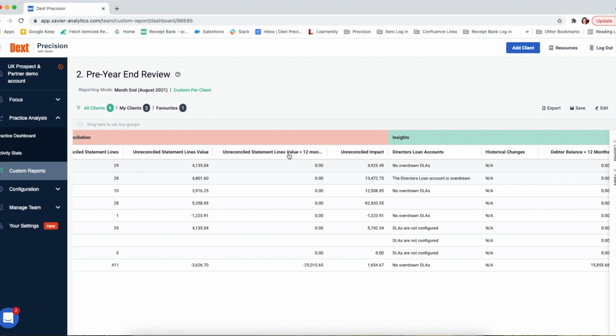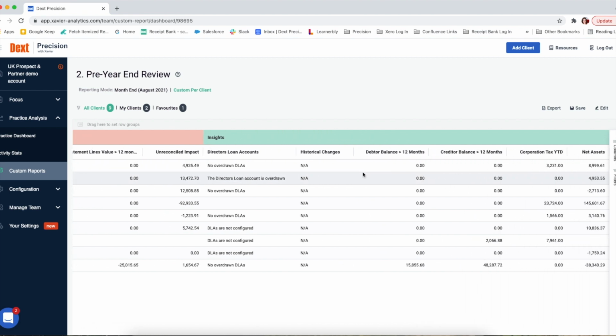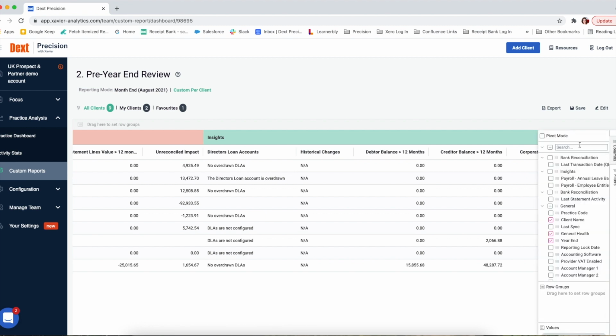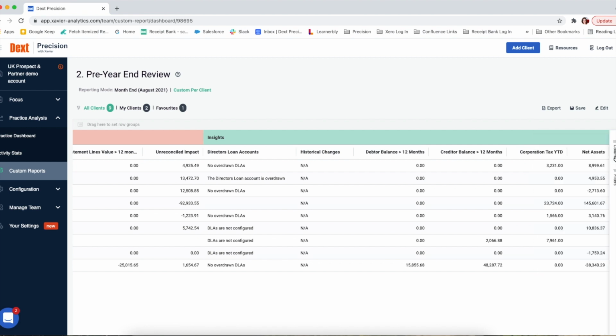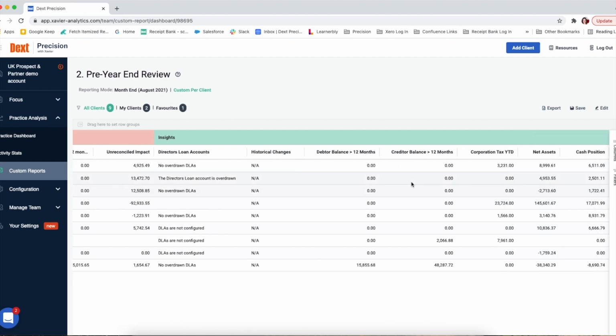Okay, so I've chosen to look at the bank rec and some of the insights as well. I want to know, are there any director's loan accounts that are assumingly going to be overdrawn? Because then that means I have to have a tax conversation with them. I also want to see what their cash position may be. So here, if I add in cash position to this report, then I can see, all right, this is their